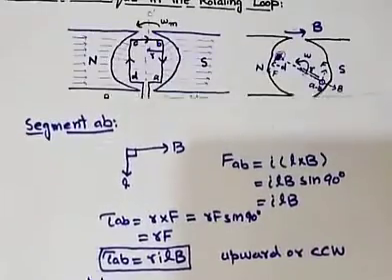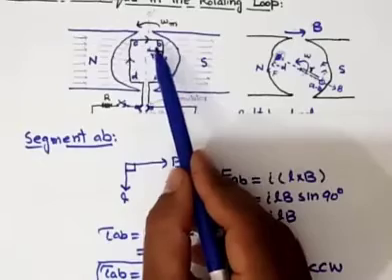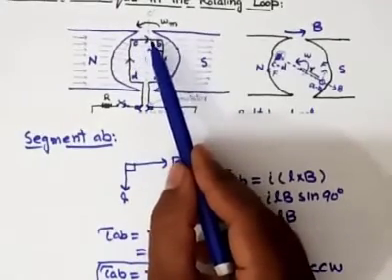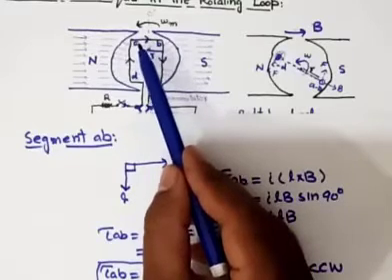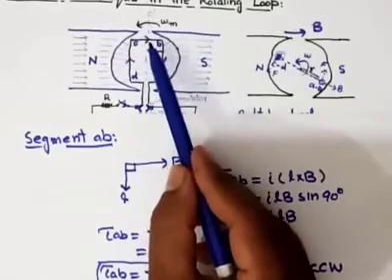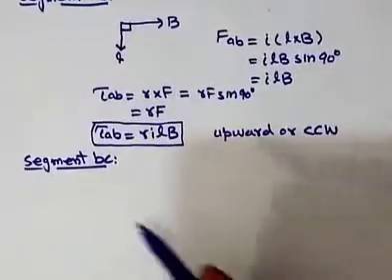As you can see in this diagram, the segment BC and the direction of the magnetic field are parallel. It means the length of the conductor and the direction of the magnetic field both are parallel. It means the angle between length and magnetic field is 0 degree. Therefore,